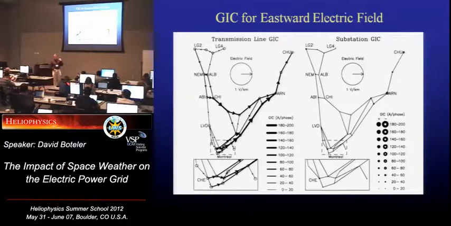Now that's one I left out to simplify the problem. What I've looked at here is assuming the Earth is just horizontally stratified, and looking at just the variation with depth. Now, if you've got a conductivity boundary, and the classic one is between the land and the ocean, you get large induced currents in the sea, and smaller induced currents flowing in the land because of higher resistance in the land.